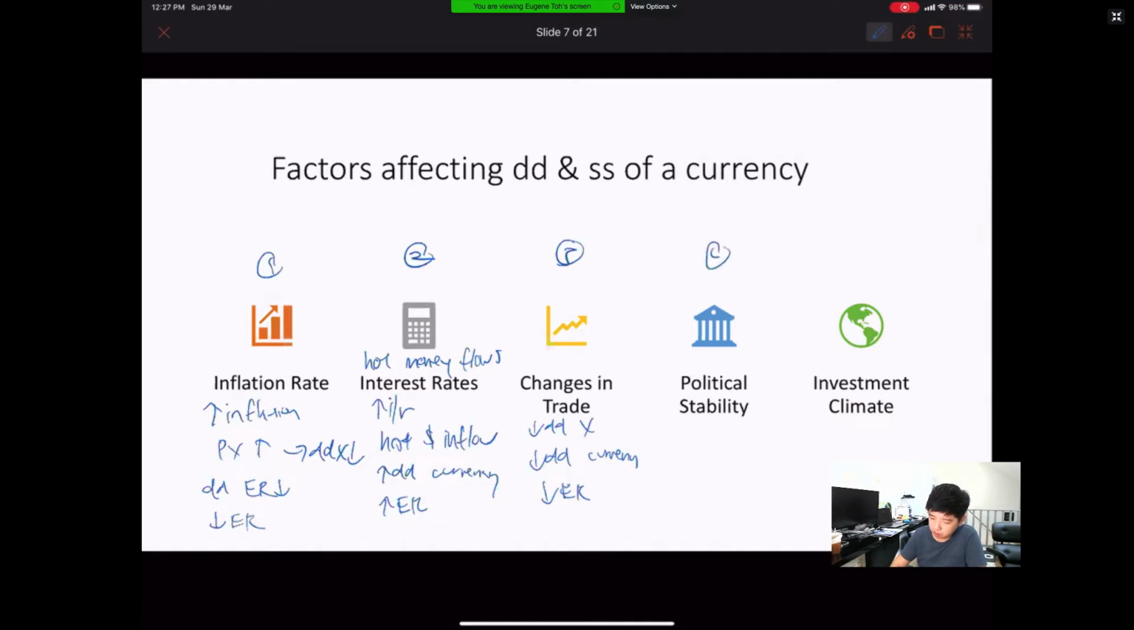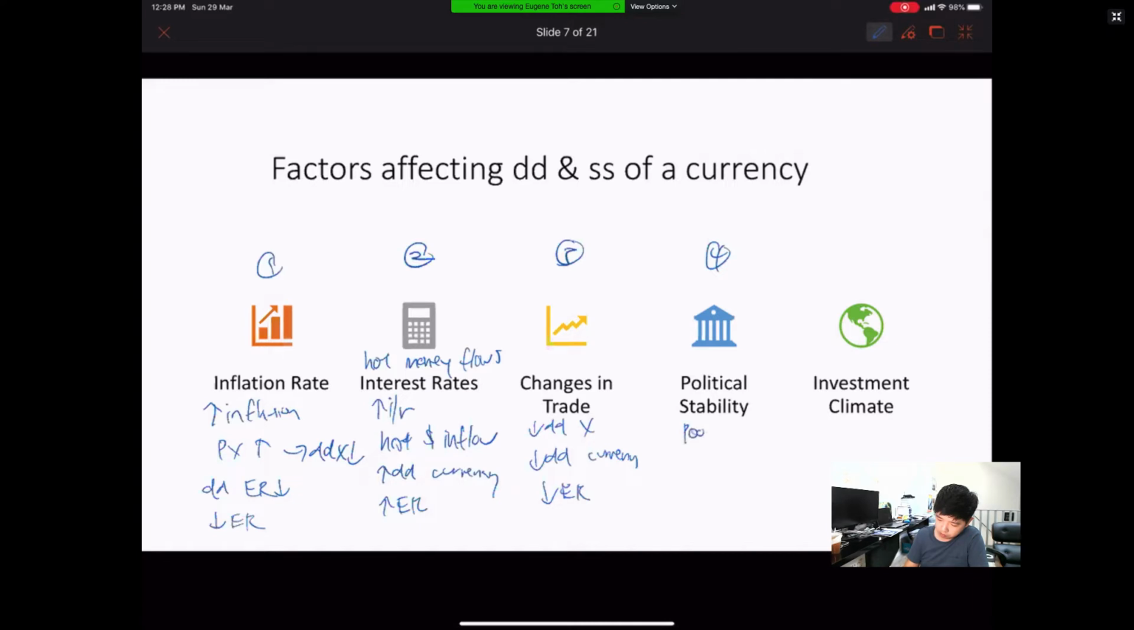Next, let's talk about political stability. Political stability affects a lot of things. For example, if your country is going through war, or a military coup, or a change in government, do you think investors are going to be confident about the economy? Do you think consumers are going to go out and spend money? If investors' confidence is falling, they will not be buying or investing in goods and services, and then they will not be buying your currency as well. So